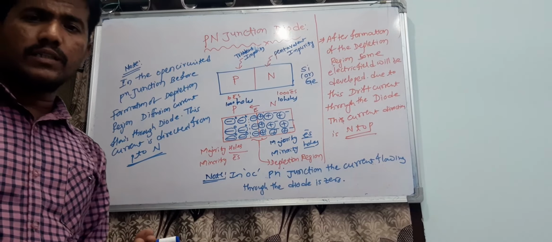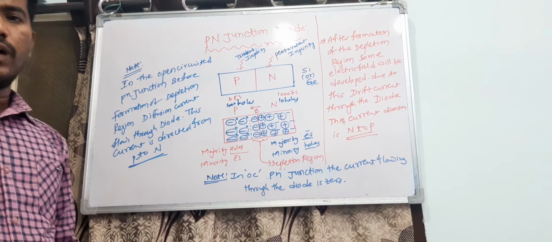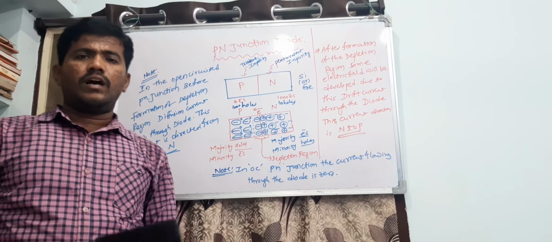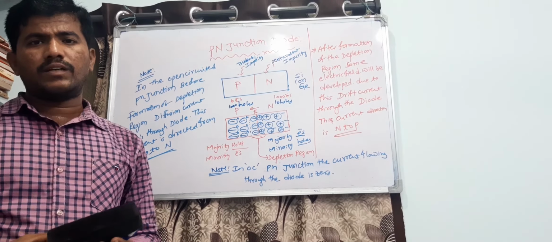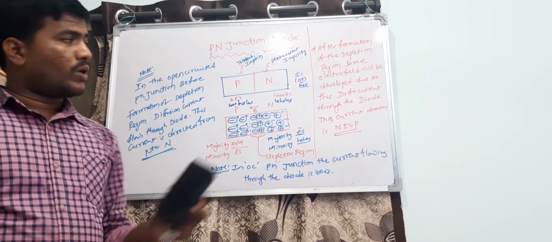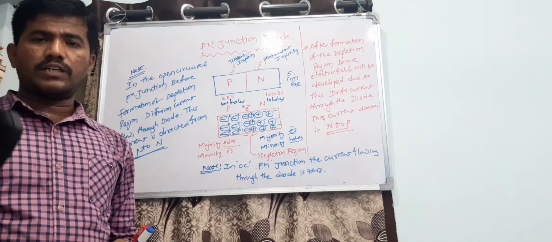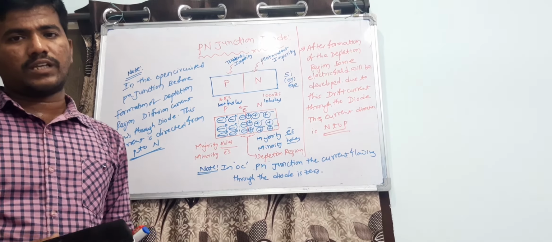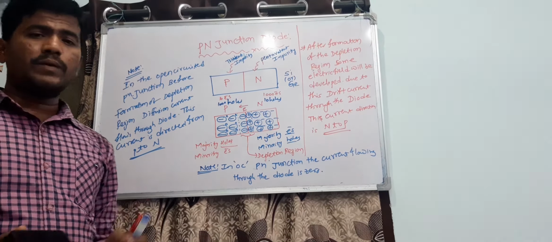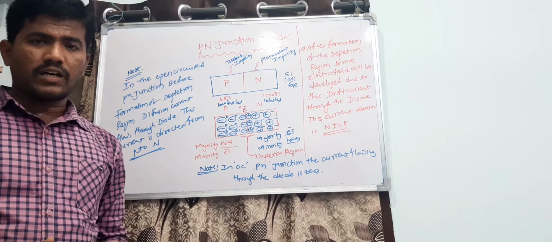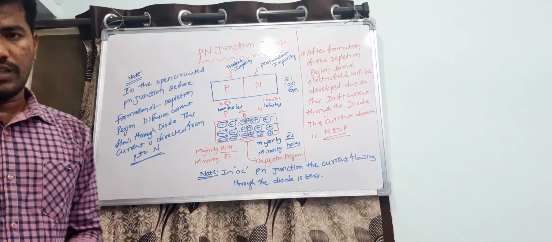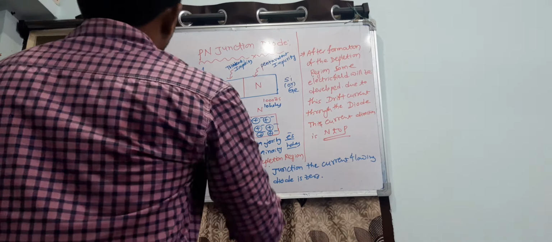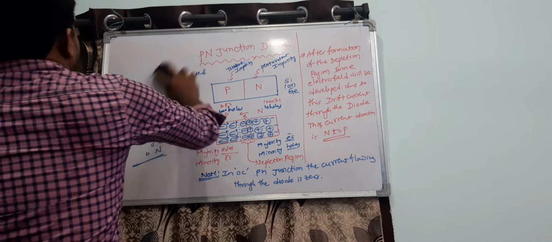Why are we applying biasing? For example, I am making some duster here. After making a duster, we should use this duster in the application. While using it, what we have to do? We have to rub the board, then we see whether the duster is rubbing the board or not. Like this, after making a PN junction diode, when we apply some current or voltage to the PN junction diode, we have to check whether it is working or not. That's why for that purpose I am going for biasing.